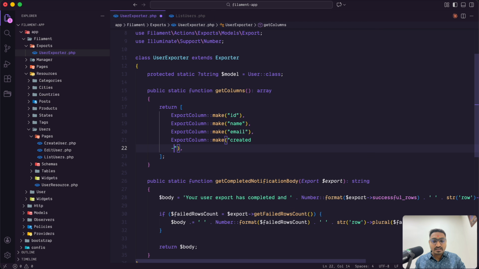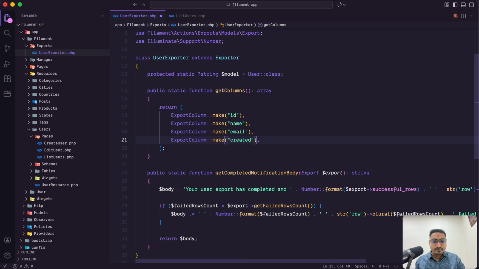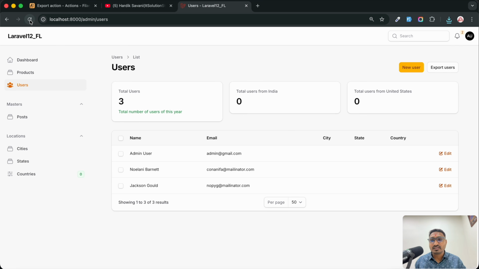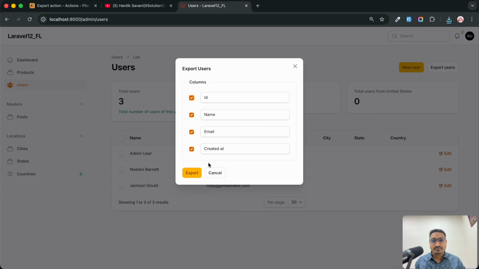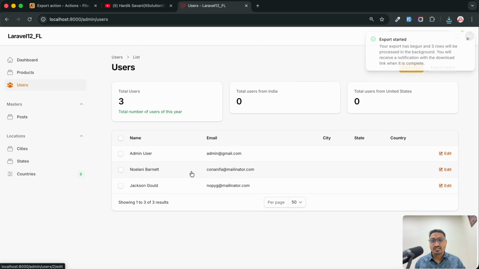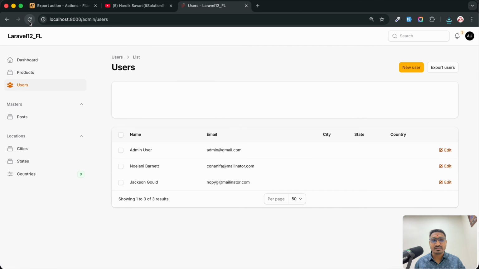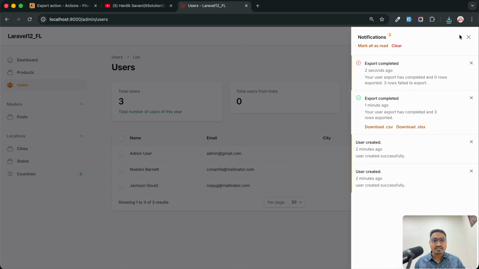So created underscore add. Okay, and save it. Now let me go back, hit refresh. Okay, and if I click on export, you can see that ID and created at column as well. Click on export, and now if I refresh it, you can see that there is another notification over there, but